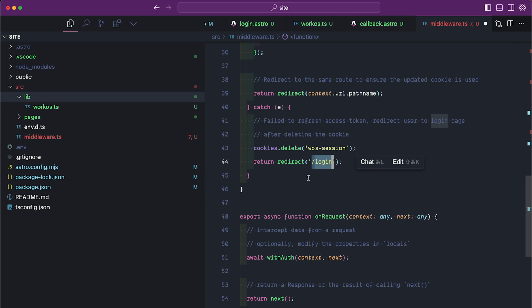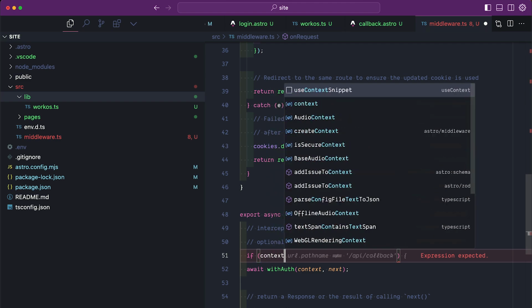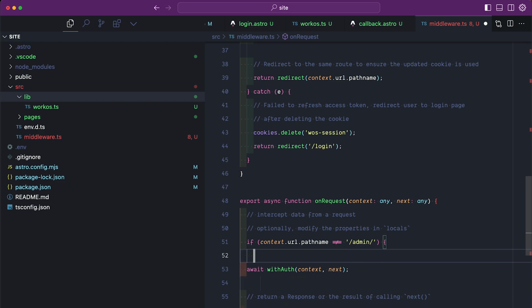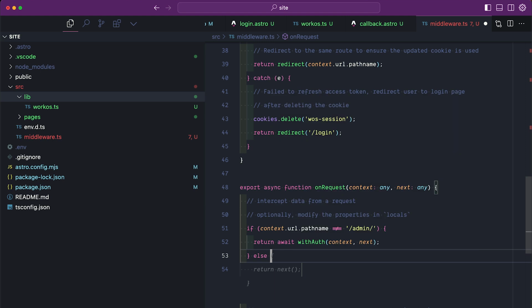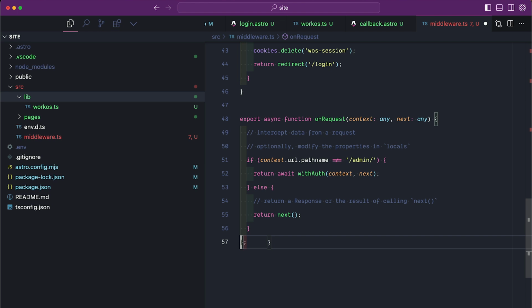And if I were to save it right now, we'd run into trouble pretty quickly because we are protecting every single page on the site. So let's modify this slightly to say that we are only limiting access to the admin pages. So let's add a conditional here to say if the context.url.pathname is not equal to admin, so it's any other page on the site, then we want to return this with auth. Otherwise, so we can use an else here, we want to return next. I'm just going to move this comment into that conditional block and delete that extra line of code there at